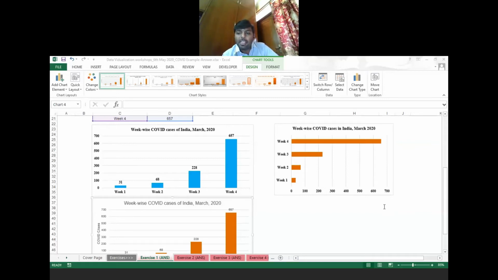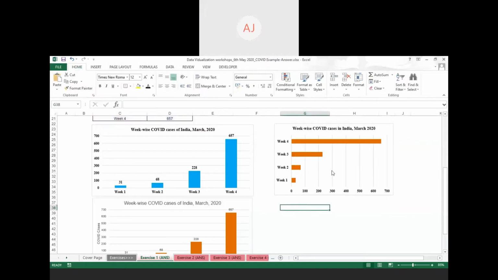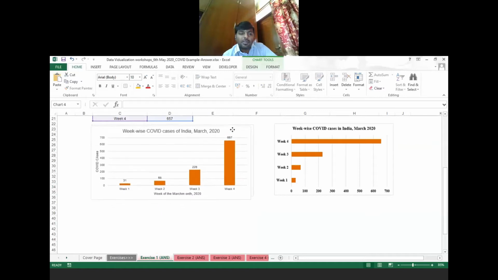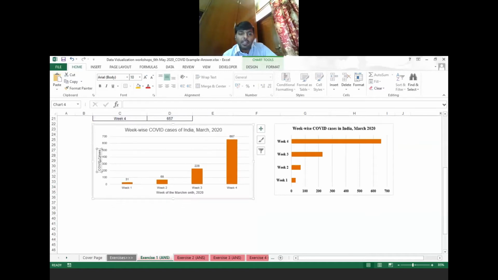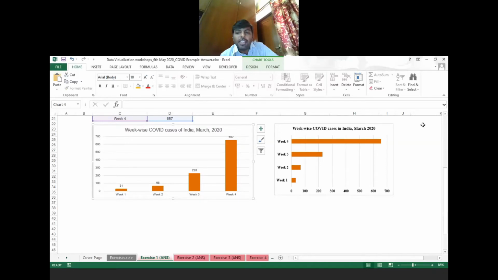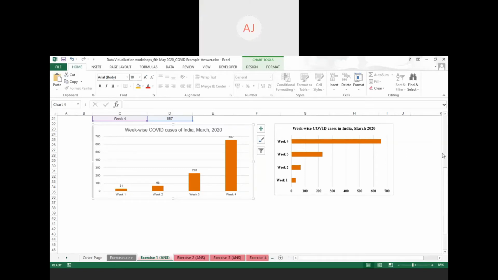Ajit, can you please repeat how to change the y-axis value? Yes, sir. Sure. Suppose after making the raw chart, we don't have our axis titles. Sorry Ajit, sorry to disturb. They want to know how to change the y-axis value, not the title. Yes, definitely I'll let them know. Yeah, values.